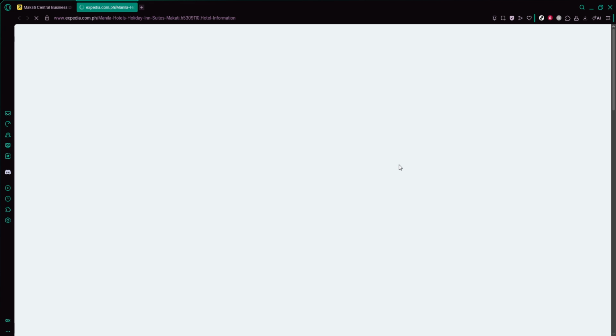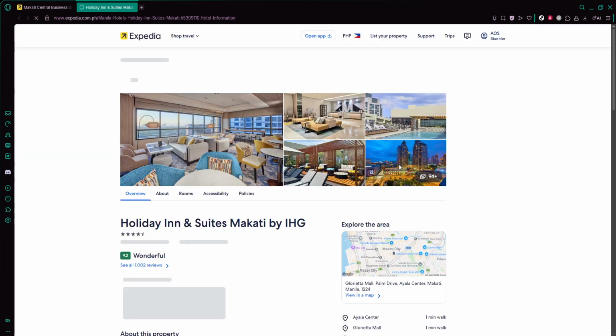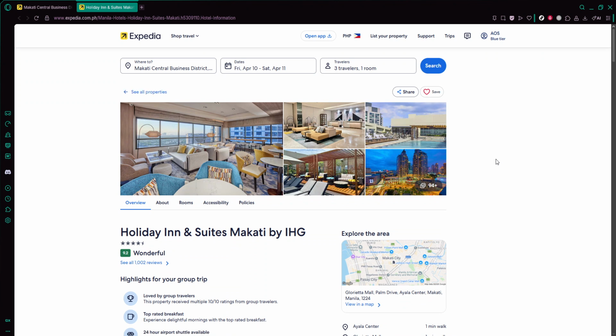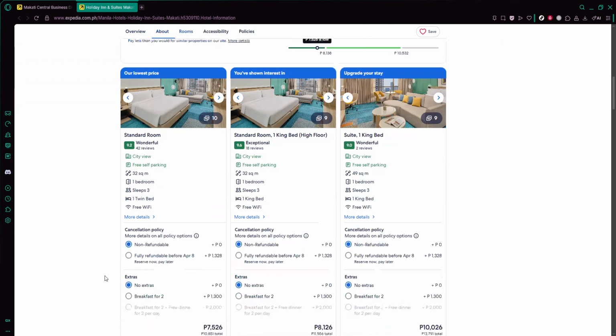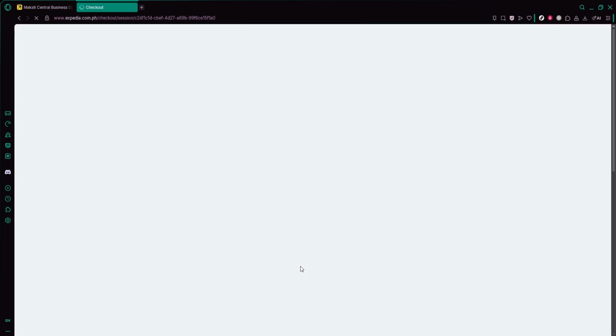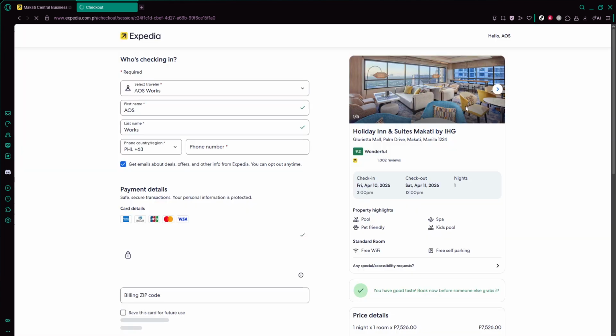Once you've picked the hotel and room type, continue to the booking details page. This is where you'll enter guest information and confirm payment. Look for a section labeled special requests, additional requests, or something similar. This is extremely important. In that box, type a clear note such as requesting connecting rooms for our stay, and if needed, include the number of rooms and guests. Keep the wording simple and polite. Remember, this is a request, not a guarantee, but adding it here helps the hotel see what you need before